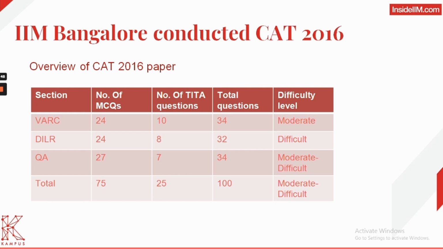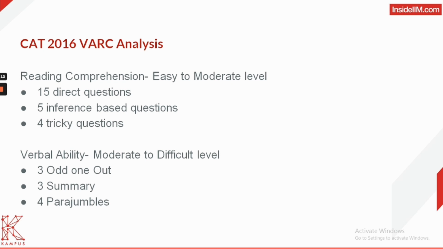Coming to the difficulty level of the different sections, VARC can be considered moderate, DILR difficult, while QA could be considered moderate to difficult. In total, there were 100 questions, out of which 75 were MCQs and the rest were TITA. To discuss the individual sections in more detail now, coming to the VARC section, the reading comprehension was of